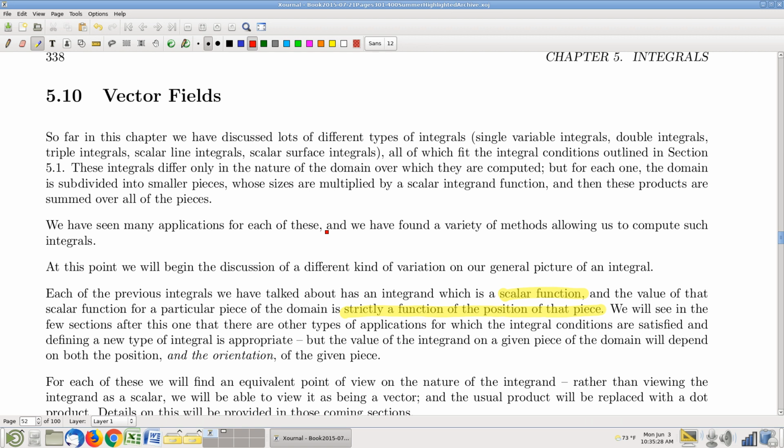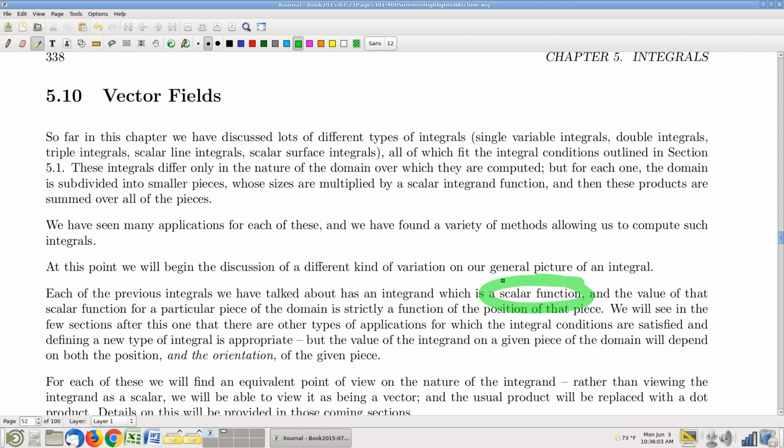Okay. So we're going to move on to the next section then, vector fields. I want to talk first about why we're talking about vector fields. Every integral that we've seen so far has been an integral where the integrand is a scalar function. Real valued. Just a number. Right? If you think about triple integrals, when we did a triple integral of